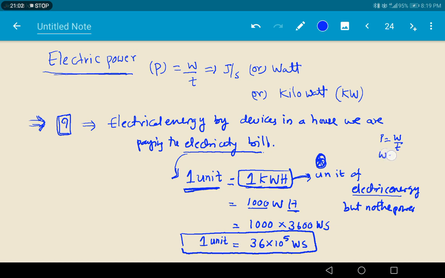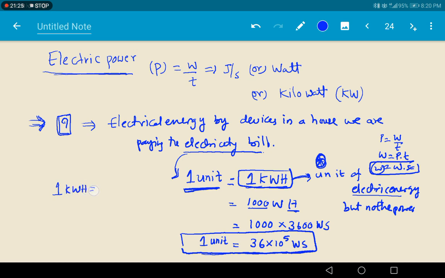So work done is equal to power into time. The unit of power is watt, and time is second. Then it is equal to the unit of electric energy only. So 1 unit equals 36 into 10 to the power of 5 watt second, or it is equal to,